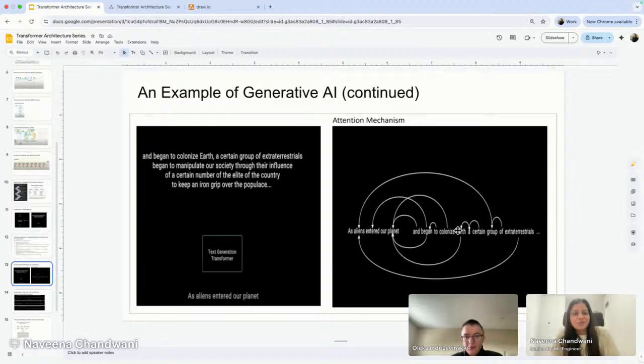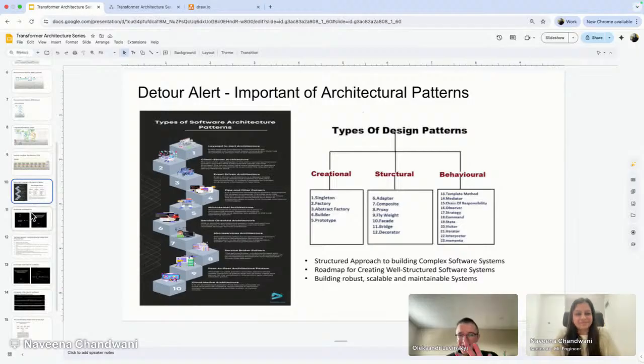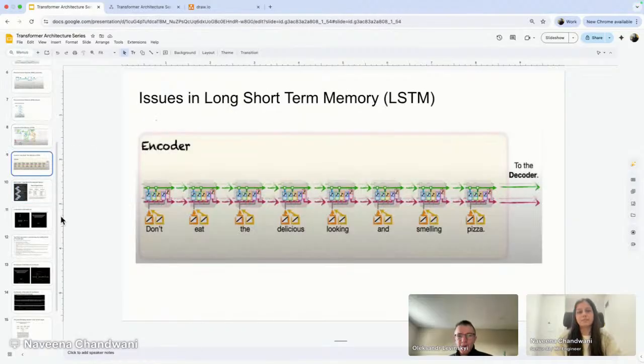And I'll pause here. Alex, what did you have for me? Yeah. First of all, I love this analogy with the architectural design patterns to architectural patterns generally. I think it's definitely very important to know those. Question was regarding this encoder decoder slide. So if you like, to summarize it in one sentence, how would you? So if you could go back to your previous slide, what is the purpose of encoder